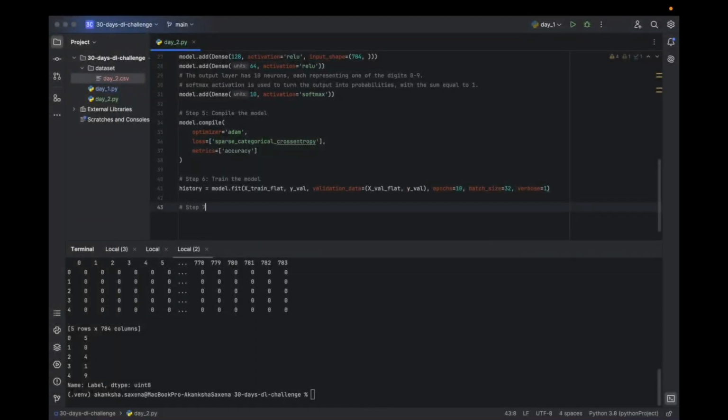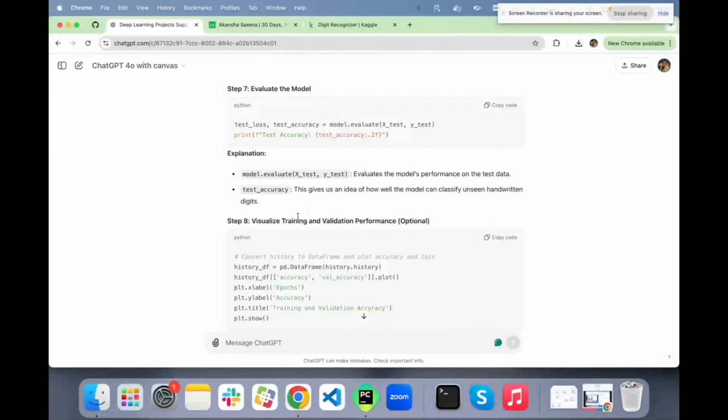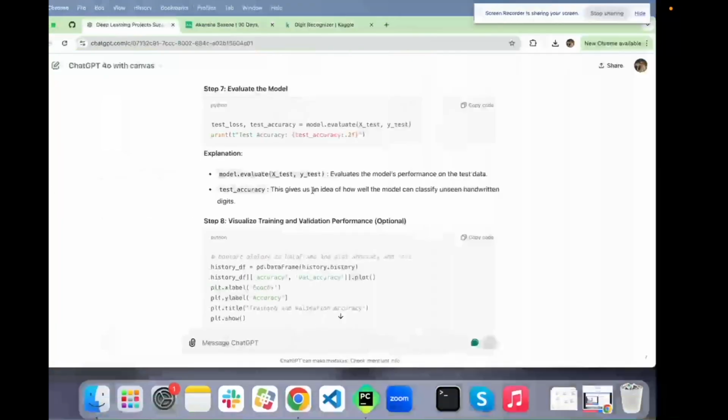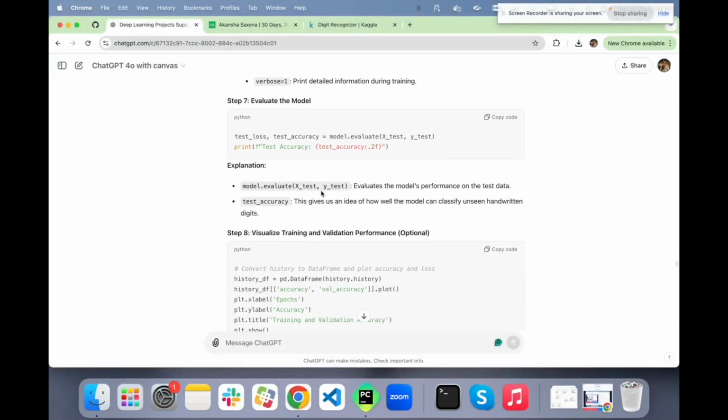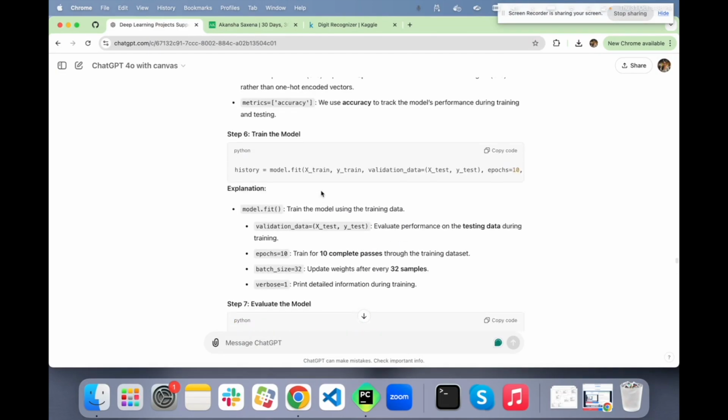Now, step number 7 is evaluate the model. Now, we'll come back here and evaluate the model. We will evaluate the model by using what? By using this